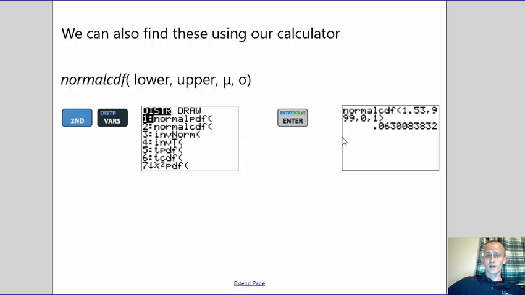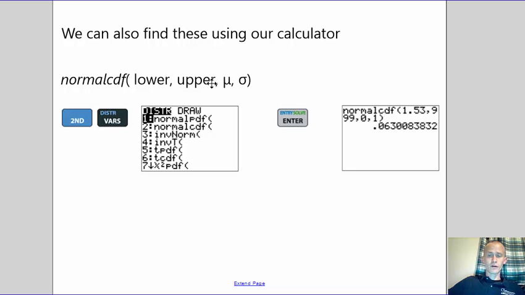Depending on your calculator operating system, it might look like this. This is the older operating system, or it might give you these prompts. It might ask you for the lower, the upper, the mean, and the standard deviation. If you don't have that, that's something that we're going to have to memorize, or you can update your calculator operating system to include these. So the first thing we want to start with is our lower boundary. We were interested in 1.53, so we type that in, and then a comma,